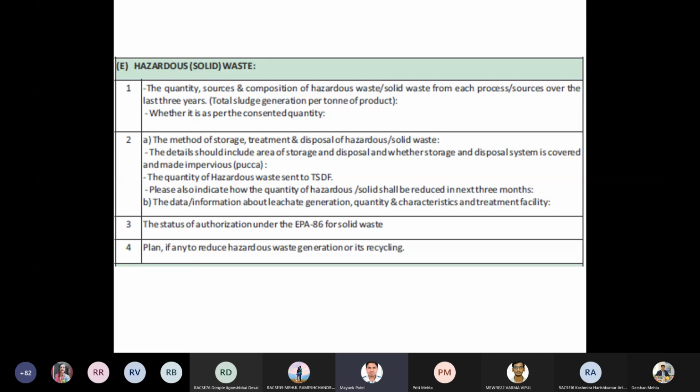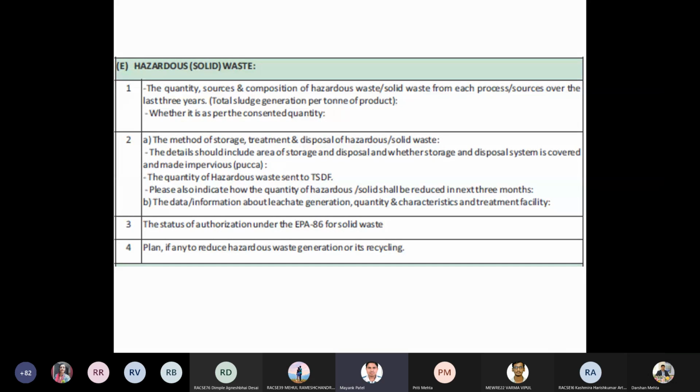Then the method of storage, treatment and disposal of hazardous solid waste. The details should include the area of storage, disposal, whether storage and disposal system is covered and made impervious, right, the quantity of hazardous waste sent to the TSDF, which means treatment, storage and disposal facility. You will also indicate the quantity of hazardous or solid waste, and the manifest, that also you need to put the details thereof, right. So all these things are required,